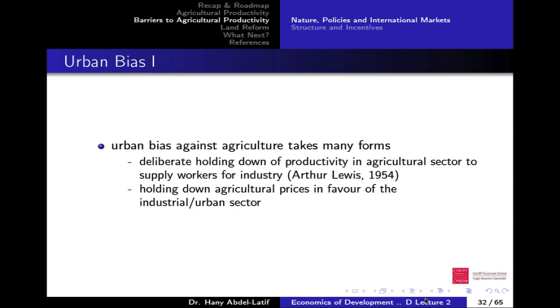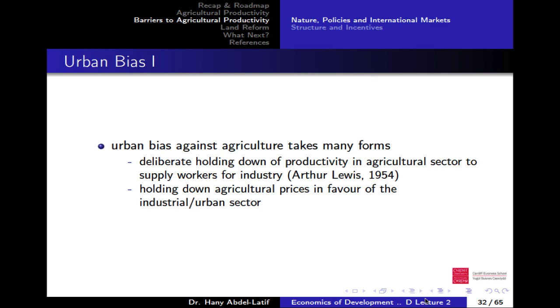But it doesn't work. Okay, we show why. Because there's a demand and a supply side. Yes, the supply side can provide low farm prices, meaning cheap food and cheap inputs, but at the same time it means low purchasing power. So there's no market for industrial products, industrial goods. So it is a problem.